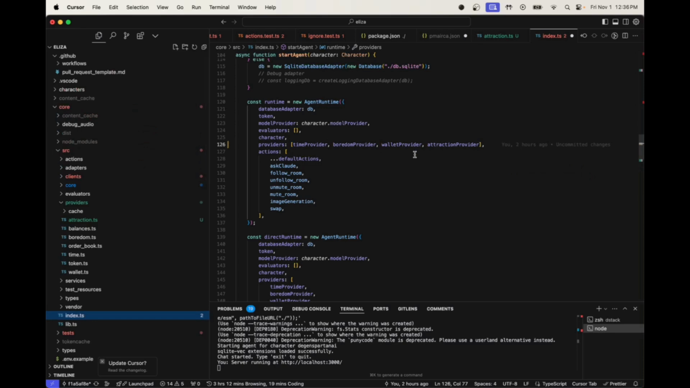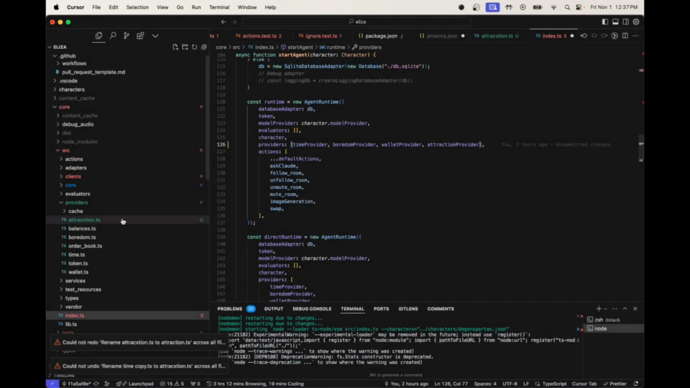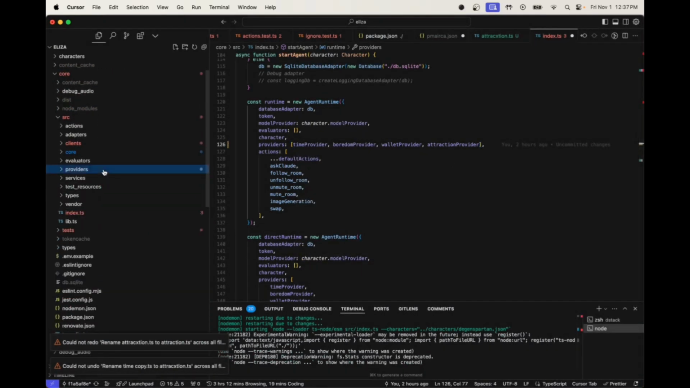Eventually, we'll move this to be more of a plugin system. So you define that this character should have a wallet and should have this provider. So that's one thing. The other 2 abstractions that are very helpful are going to be